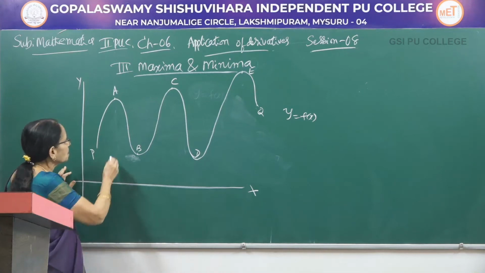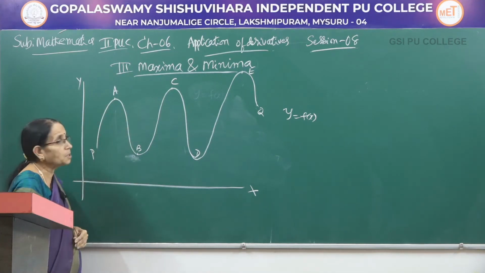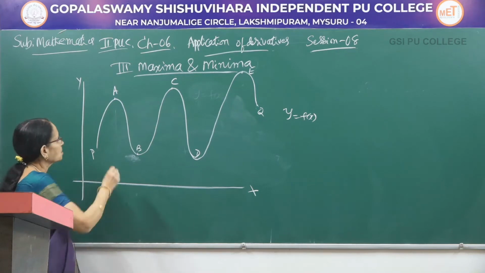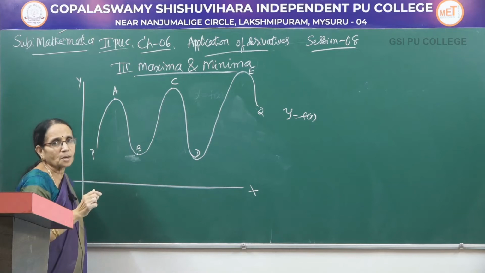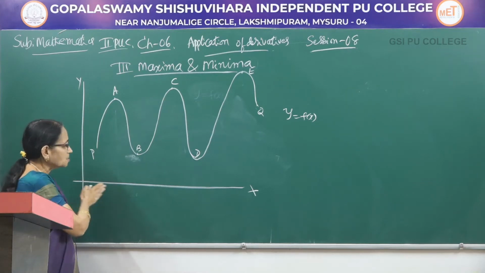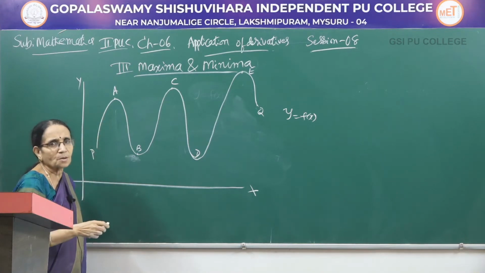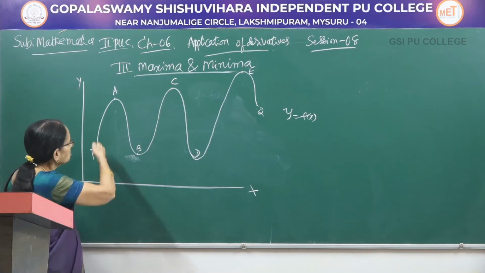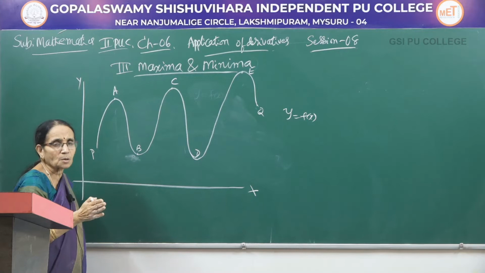Now, from P to A, from the point P to A on the curve, you observe that the function is continuously increasing. Generally, how do you say when it is increasing? As x increases, if y also increases, we say it is an increasing function. Of course, from P to A, you observe that f'(x), the first derivative, will be certainly